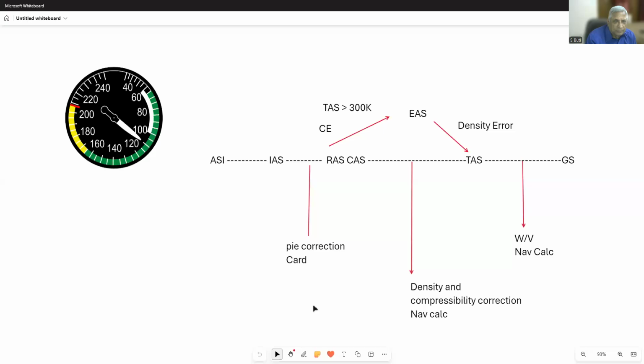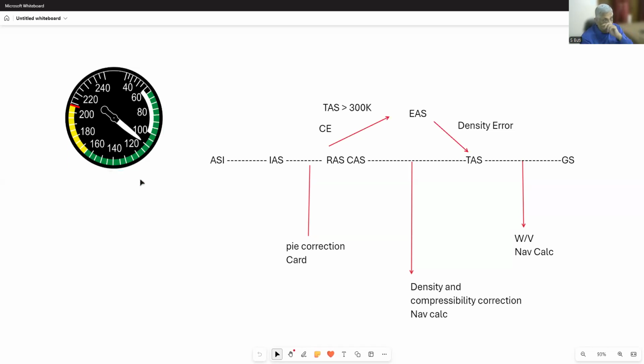Now here we are today and we are going to study the airspeed indicator, a little bit of theory and a little bit of numericals also. Let's start. An airspeed indicator